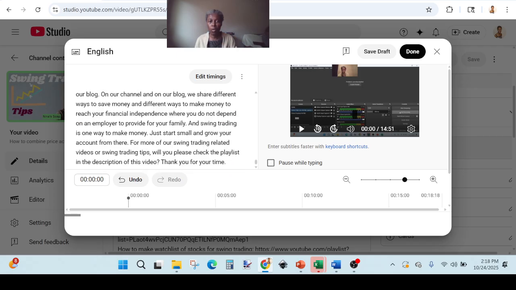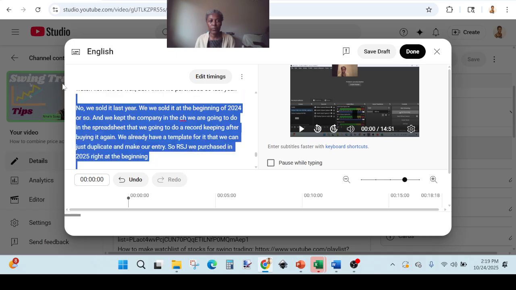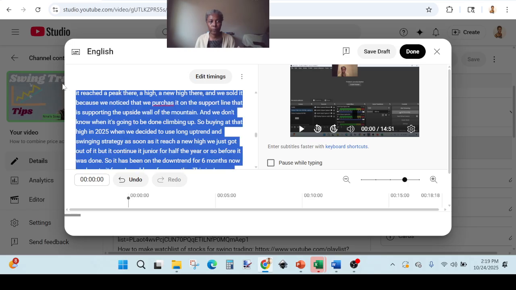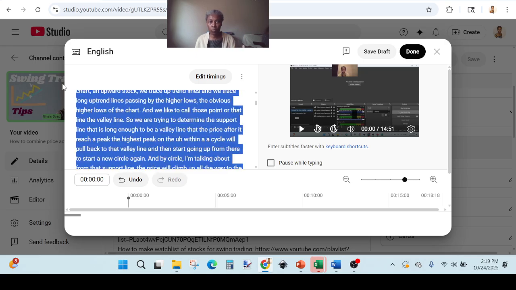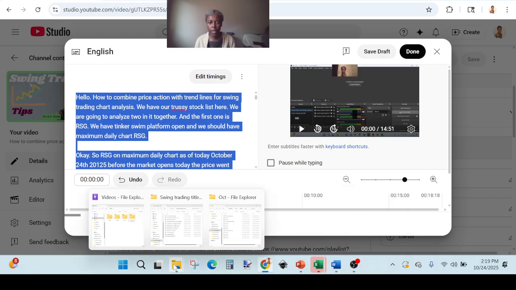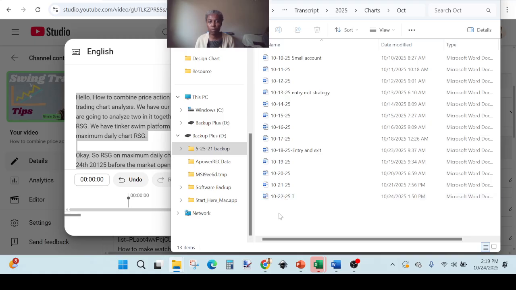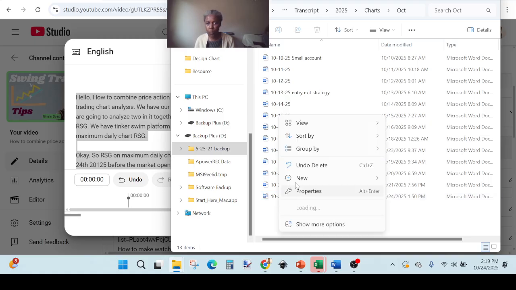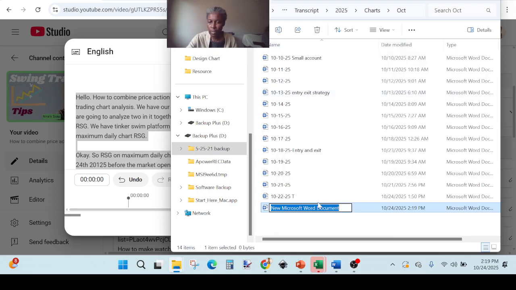So I'm creating content for a specific topic, swing trading stocks, and I'm trying to be more strategical. After creating content for 2020, in 2024 and in 2025, now going into 2026, I'd like to create an ebook product out of it. So I'm opening a new document here, and I can just title it